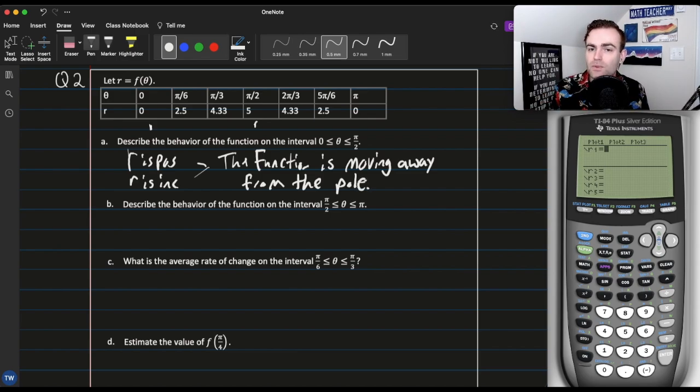Makes sense. Both positive, increasing, both positive, the function's moving away. What about from pi over 2 to pi? Well, we can see that r is positive. All the numbers are positive, but we're going down. We're decreasing. So r is decreasing. What does that mean? Well, it means that the function